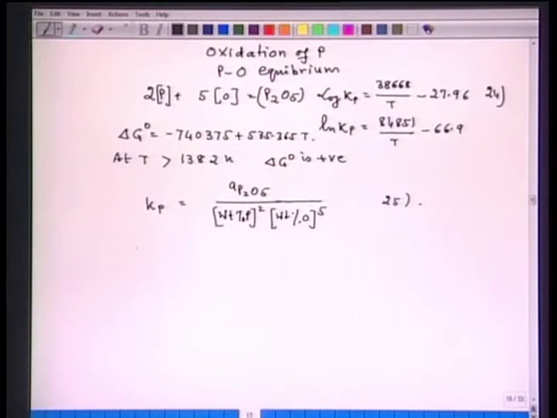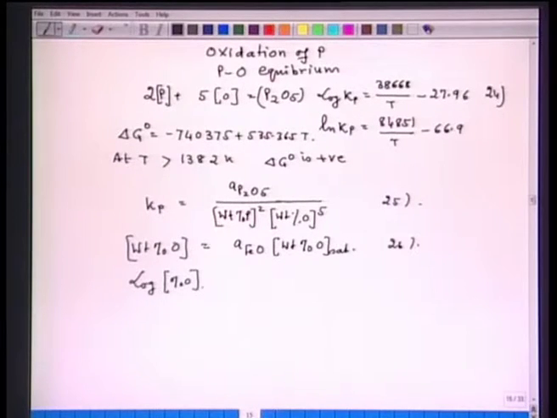Now, we also know that wt percent O is equal to activity of FeO into wt percent O saturated. Take it 26, and in the earlier lecture we have seen log of percent O saturated is equal to minus 6320 upon T plus 2.734. Let us take this as equation number 27.